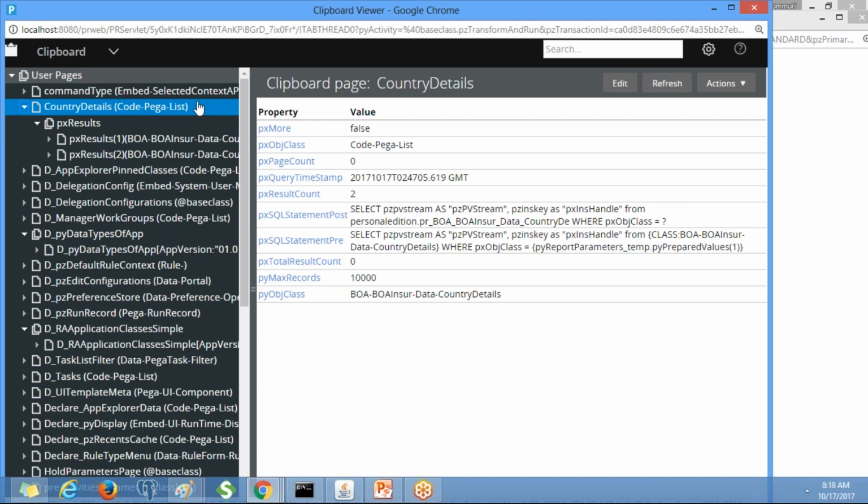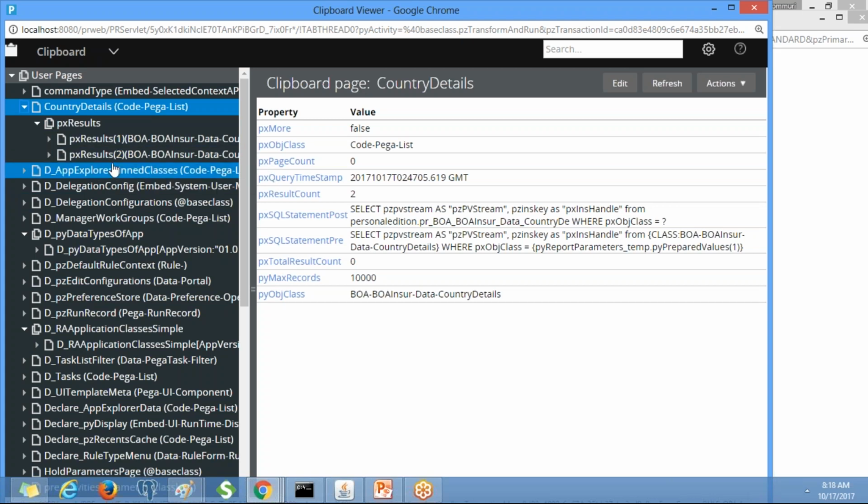Why? Because under the Code-Pega-List class we have a property px results. It is a page list property. So px results of 1 is one page, px results of 2 is a second page. If we have 5 records, you will see px results of 1, px results of 2 and so on, up to px results of 5.